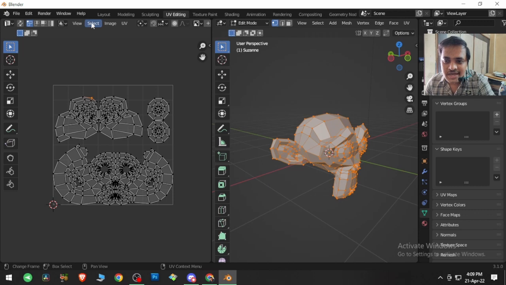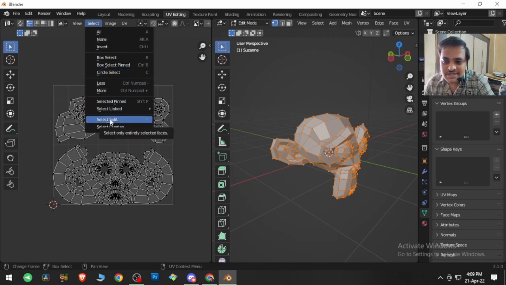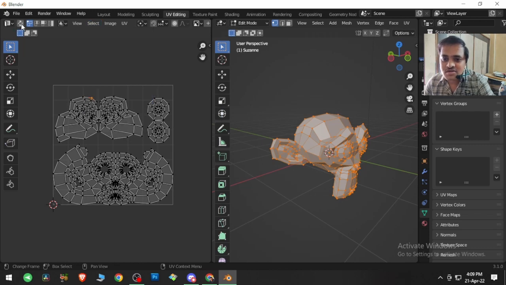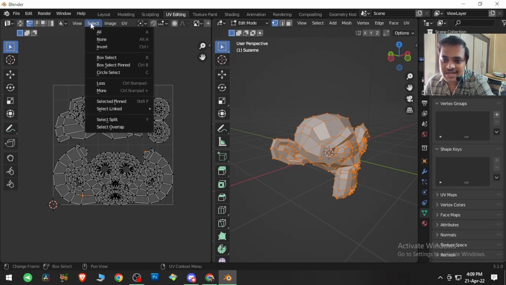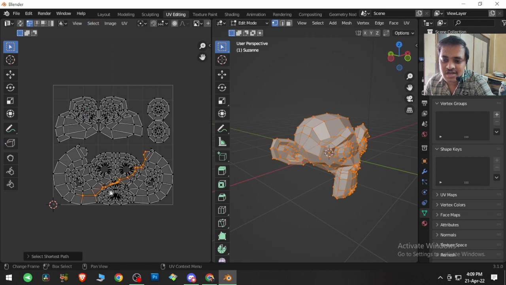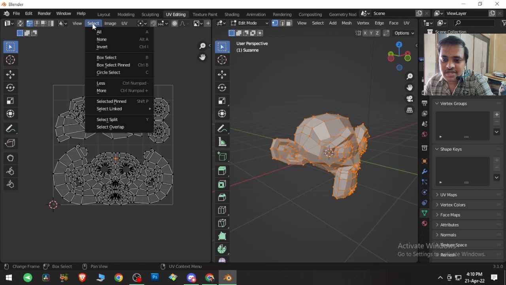So the next option is Shortest Path. For this to work, make sure that your UV Sync is off. If I click one vertex over here and one vertex over here, then go to Select and click on Select Shortest Path, it is going to select the shortest path, just like Google Maps shows the shortest route. So the next option is